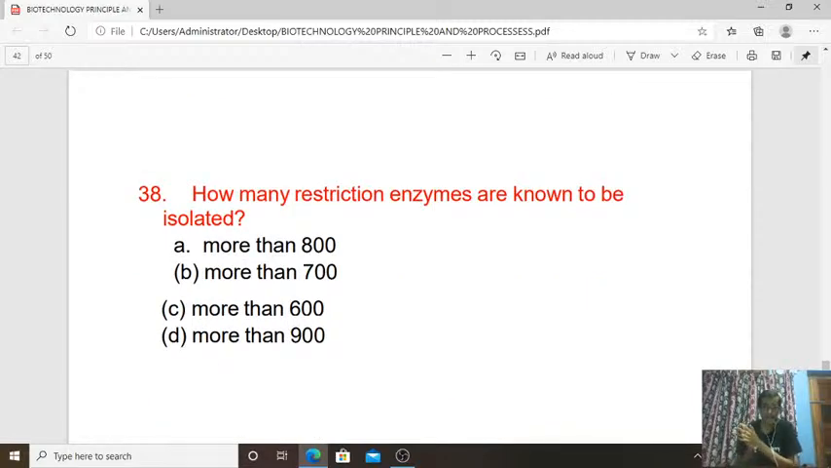How many restriction enzymes are known to be isolated? More than 800, more than 700, more than 600, more than 900. So it is more than 600. The answer for question number 38 is C. More than 600 types of restriction enzymes were isolated in about nearly